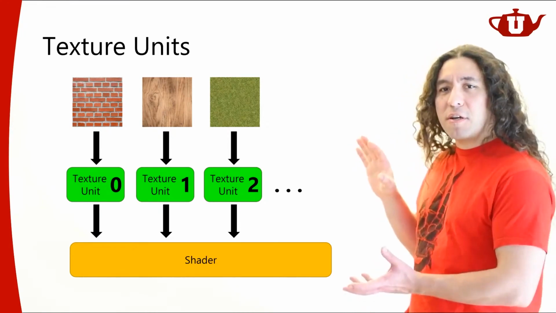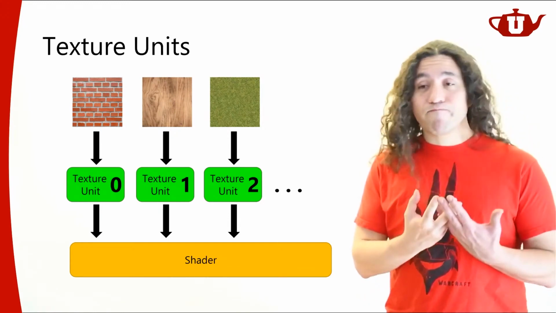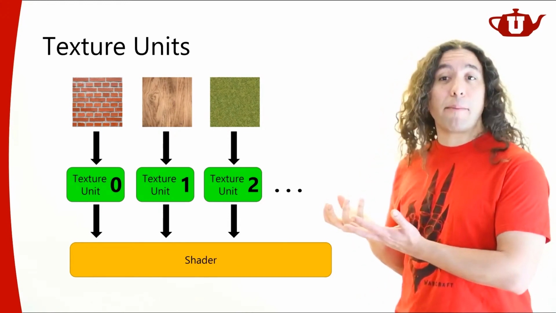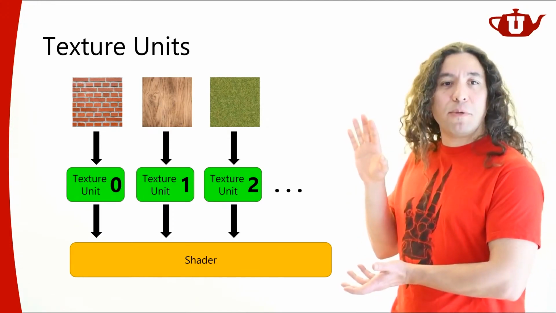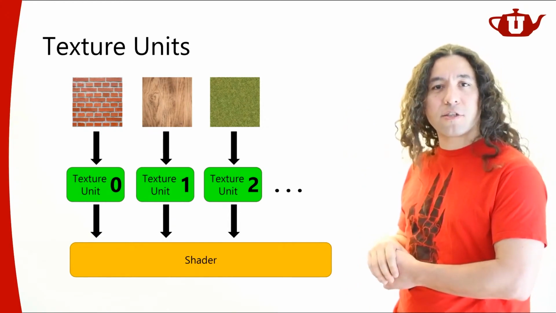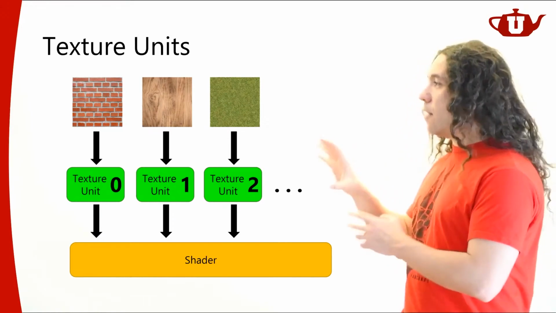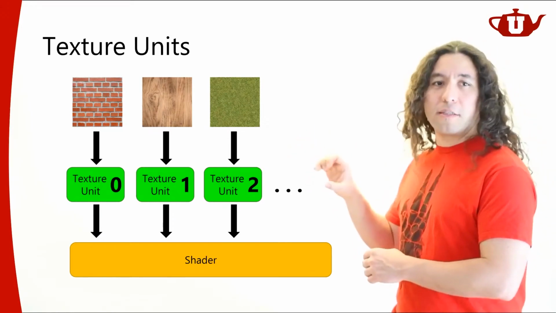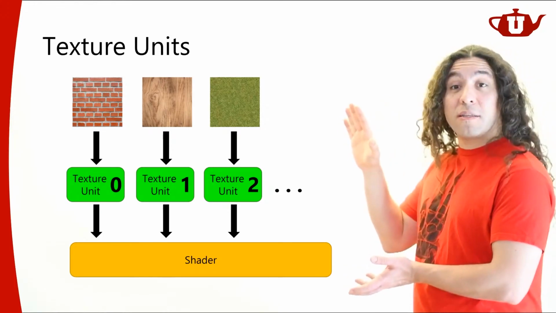Now, here's a little bit of a point. This is the picture as I will see it as a GPU programmer. When you're writing code from the API's perspective, this is how your GPU looks. The way that your shaders access the textures, this is what it looks like from an API perspective. It's as if there are these physical hardware units, however many. But this is the picture that you should see.